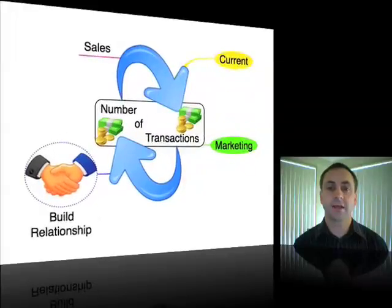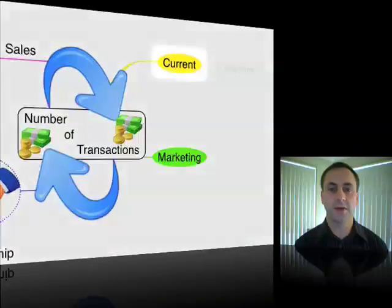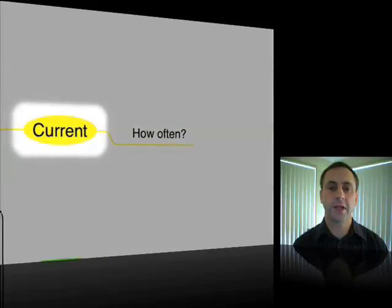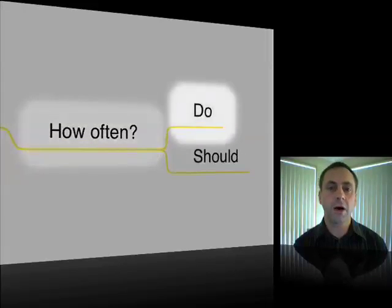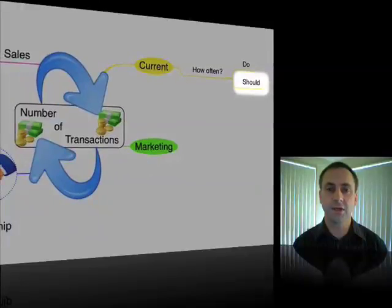Now let's look at the number of transactions. Again, we need to understand what the current situation is. How often do people actually purchase from us now? And also, how often should they be purchasing from us? And this is particularly important when we're dealing with consumable goods, and when we are marketing to them, we can